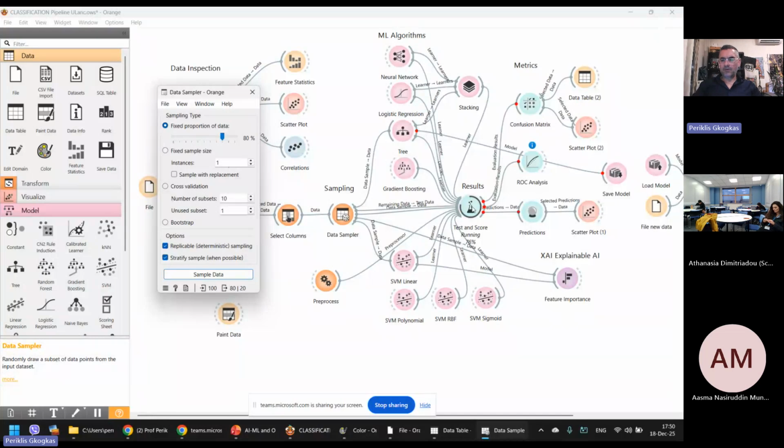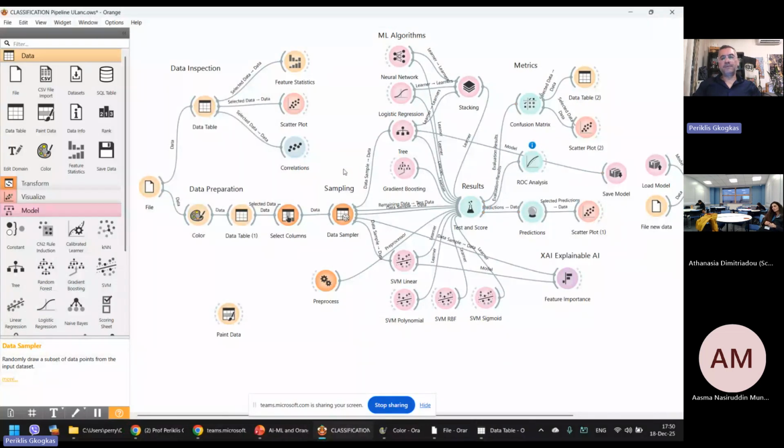As you can see now, it works. It trains the models. So this is the data sampler, this node here. Let's close this, and now let's move to the models. The actual models that I have included here in this exercise, in this empirical example, is the